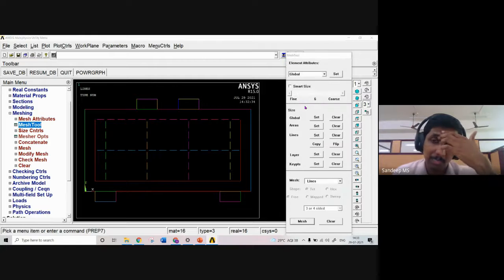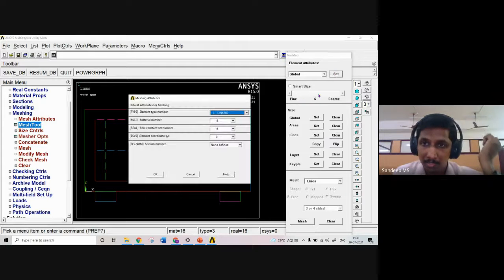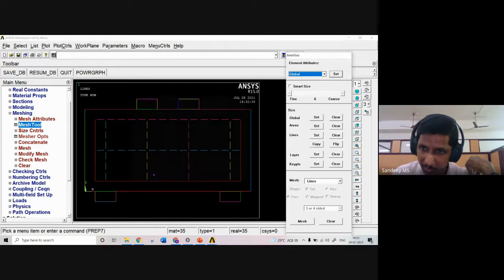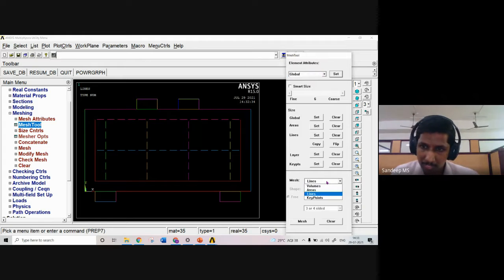Now we have to mesh our concrete as well as the bearing blocks. So now we will mesh our concrete. Element type is solid 65, material number is 35, real constant number is also 35. So I am selecting that. Then from the mesh option, I have to select volume because that is modeled as a volume. Here we have different types of options. You will be familiar with finite element analysis.